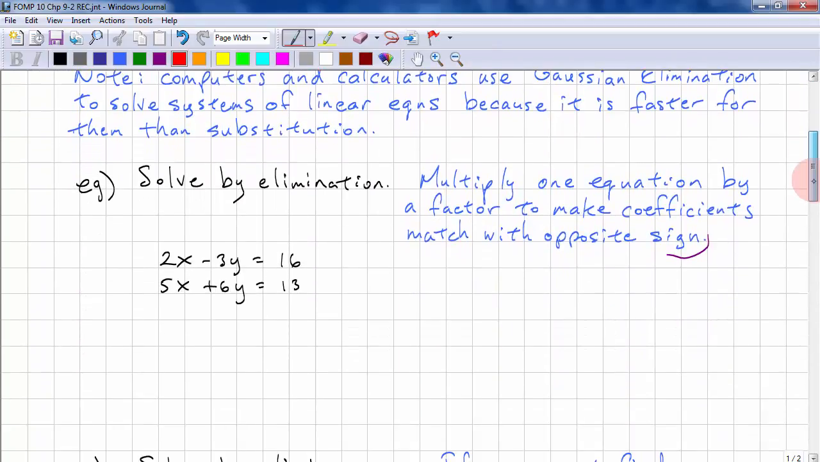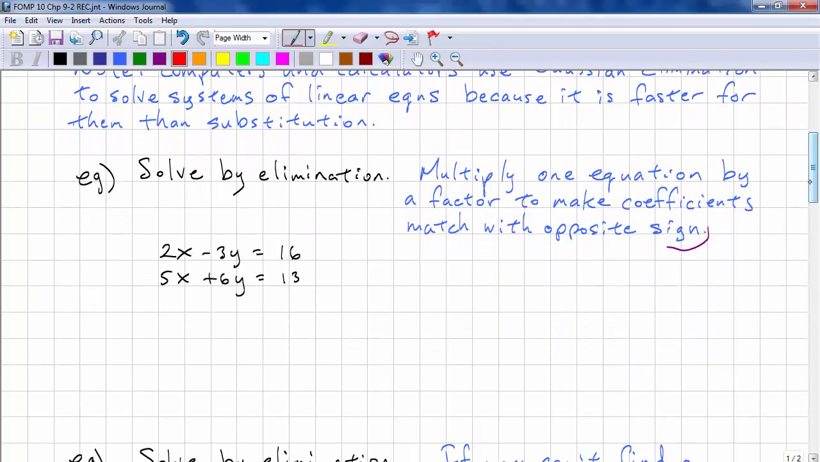So let's look at an example. Solve by elimination. And we multiply one equation by a factor to make the coefficients match with the opposite sign. So we can see that we can multiply the y in here by just a factor to make it match this and have the opposite sign. Now this is a mouthful, so it's easier just to look at what we're doing here first. We need to multiply this equation by 2,